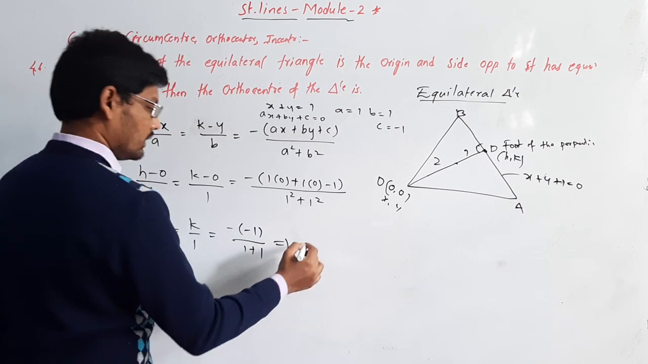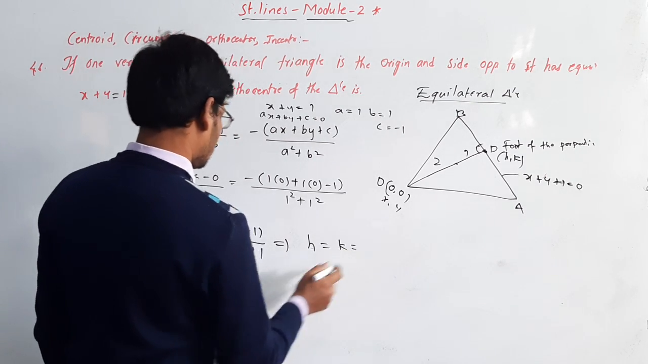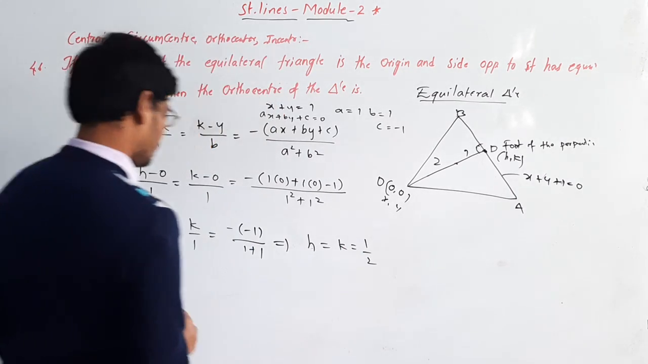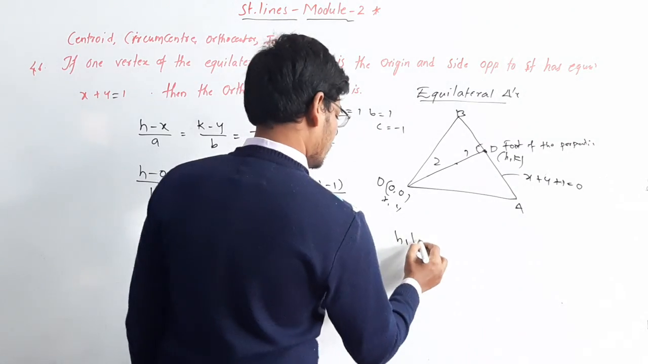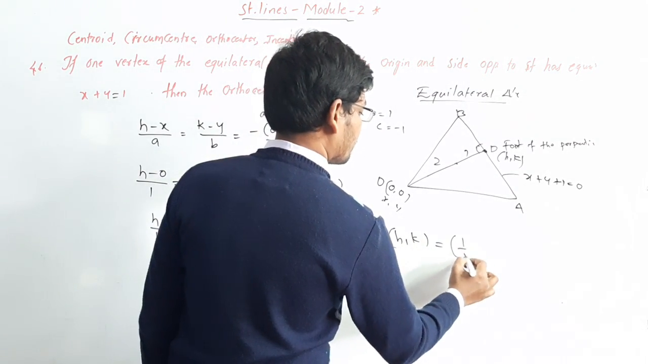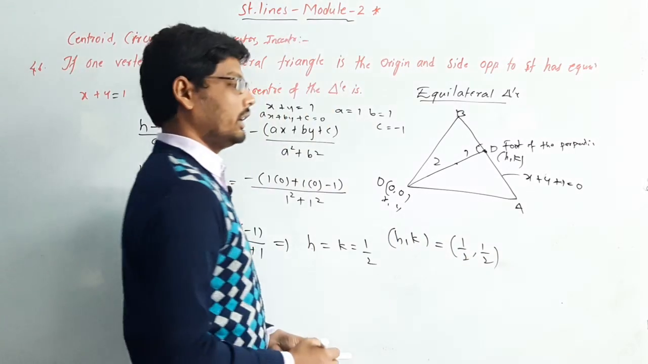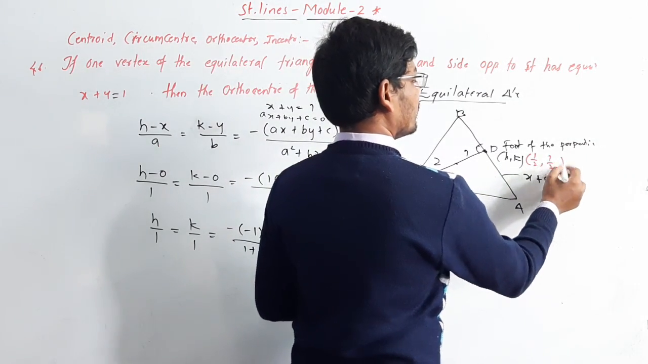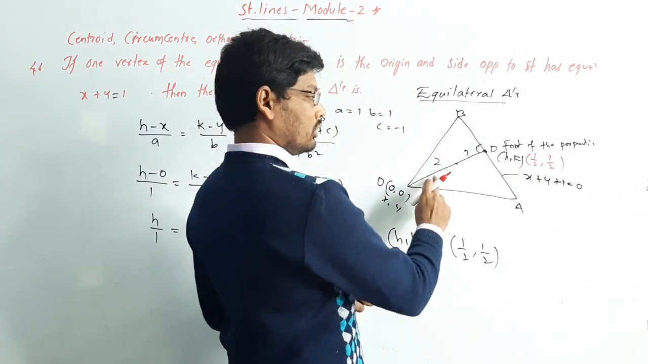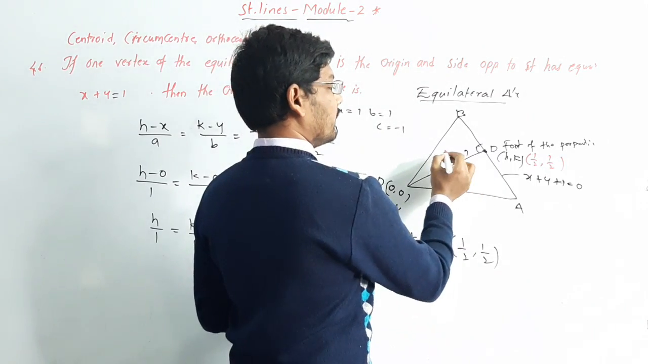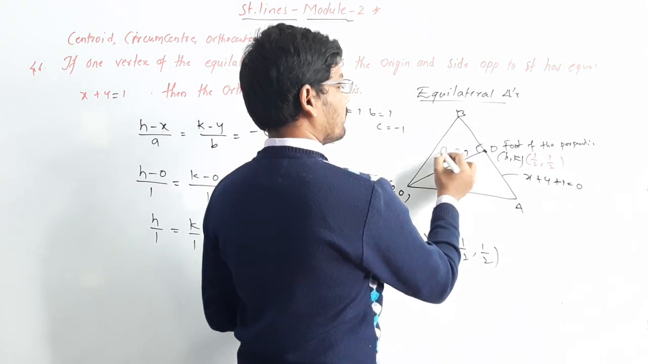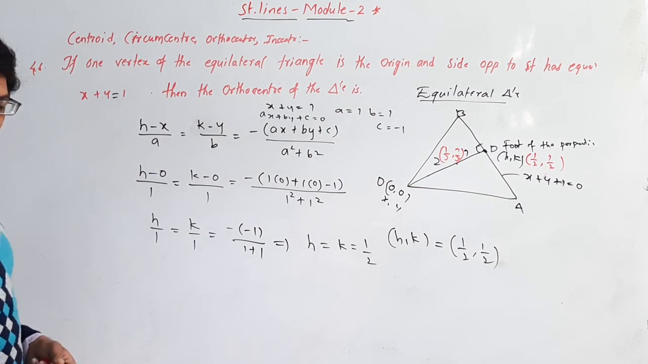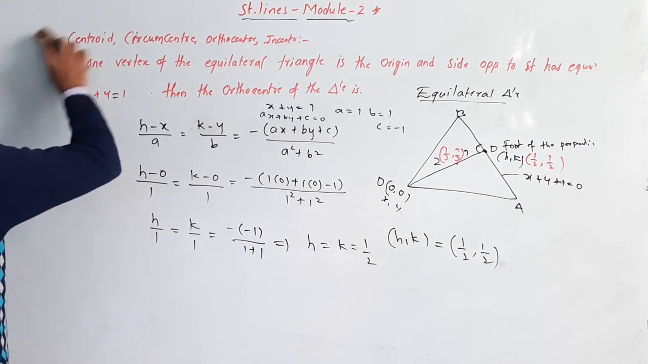So this implies h is equal to k is equal to minus into minus become 1 by 2. So then h comma k is equal to 1 by 2, 1 by 2, and it is in the ratio of 2:1, so it will become 1 by 3, 1 by 3. This is the answer for this one. This is the question here, and the next topic is